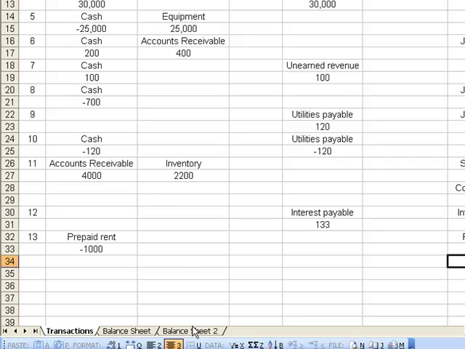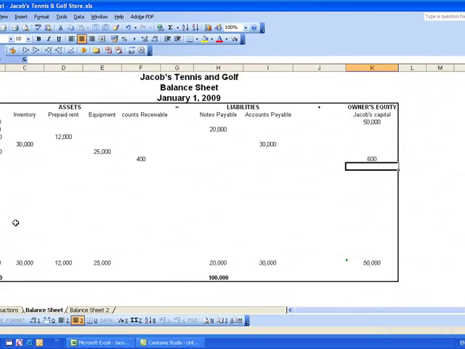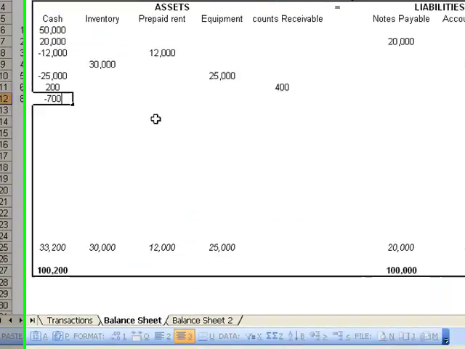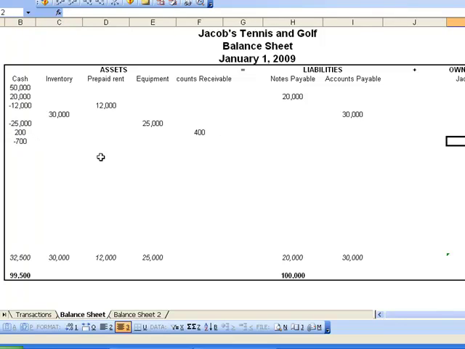The 8th one was salary wages for the salespeople. So we have a decrease in cash and owner's capital by 700. So cash decrease 700, and also owner's equity. Alright,